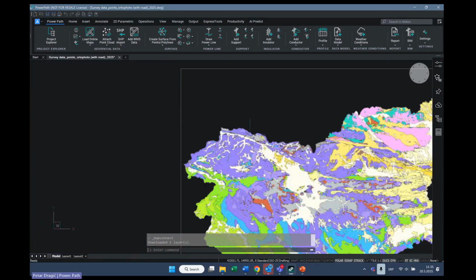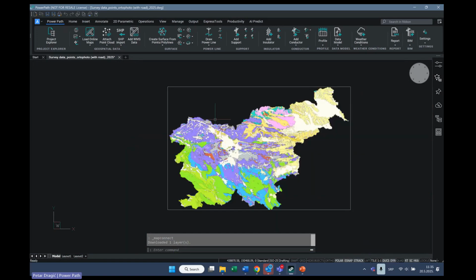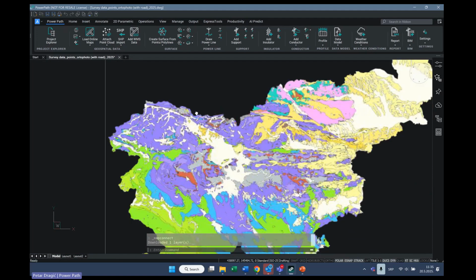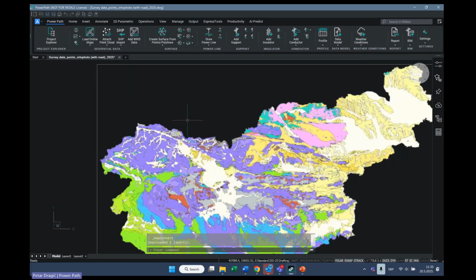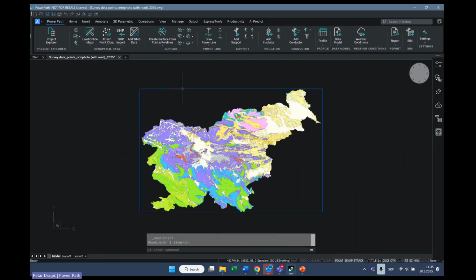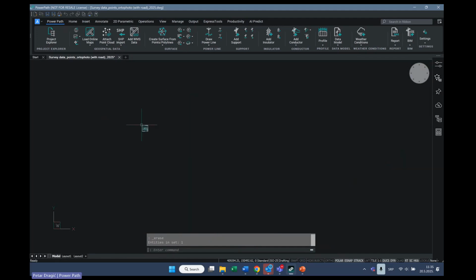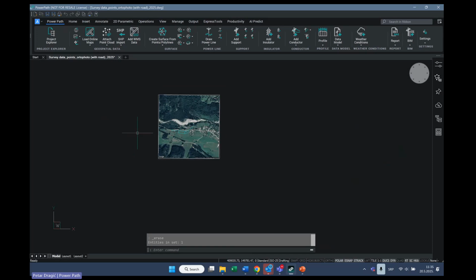When you add it, of course, I insert the whole area, or the whole country. The raster data is imported from the source, as you can see. And it is very important because, as you can see, it is very simple to import all of that. I will delete it because I want to show you how you can, for example, import just one part if you don't want to have the whole area or whole country.